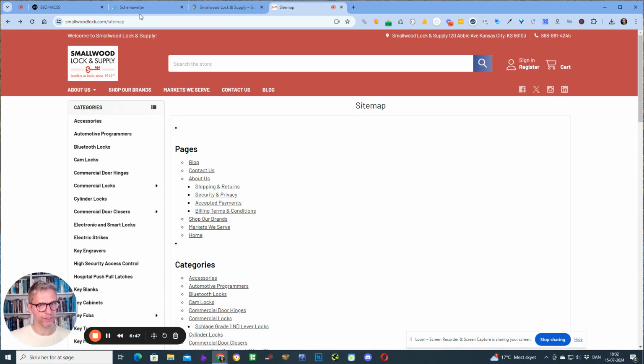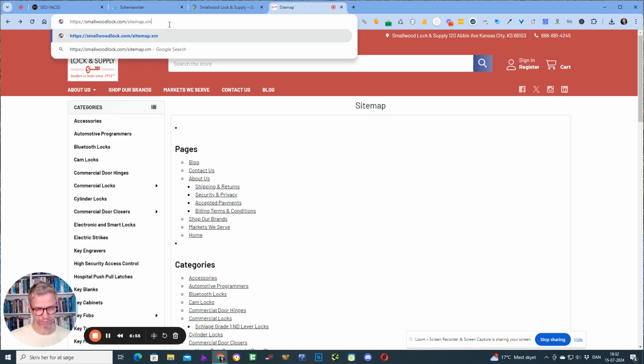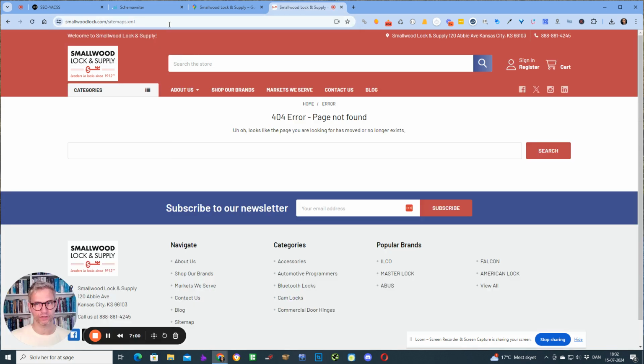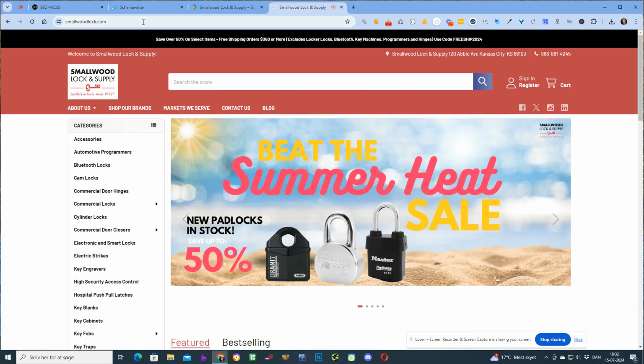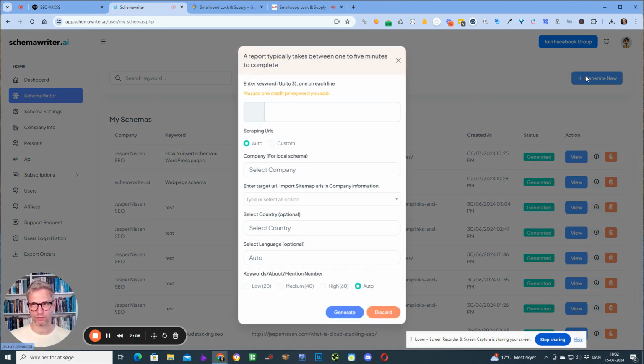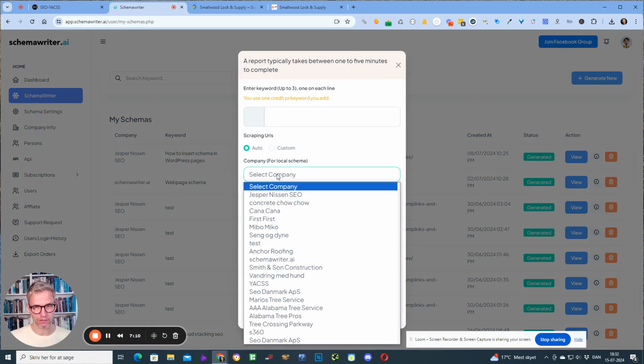Okay, so I don't know what the sitemap is. I'm not sure that this is a WordPress site, so I don't know the sitemap URL, because normally in WordPress it's sitemap.xml or sitemaps.xml, but it's obviously not. That's not it. So I don't know what the XML sitemap is. So I'll just generate a report, select the company,